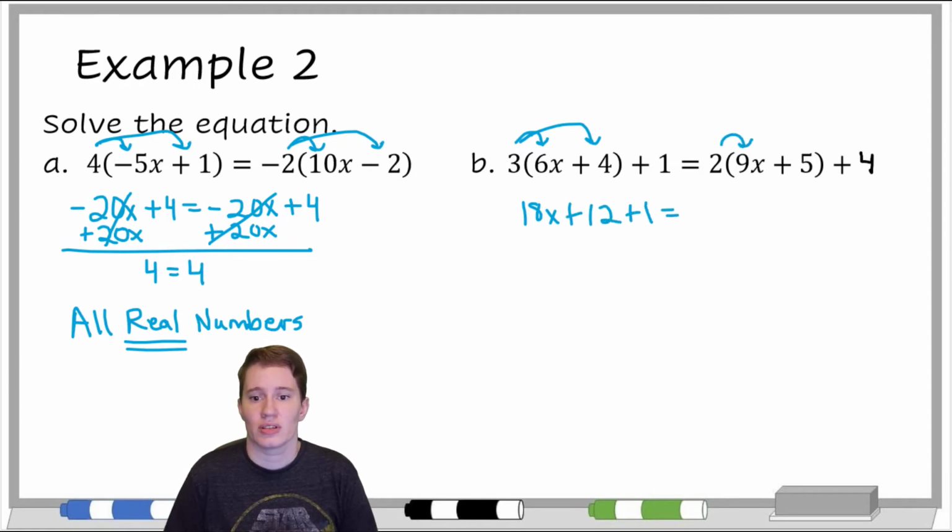Then we're going to come over to the other side and distribute the 2, so that we get 2 times 9x is 18x. 2 times 5 is 10. Let's add this perfectly normal looking 4. And let's continue. Let's do the 12 plus 1 and the 10 plus 4. So that's a plus 13